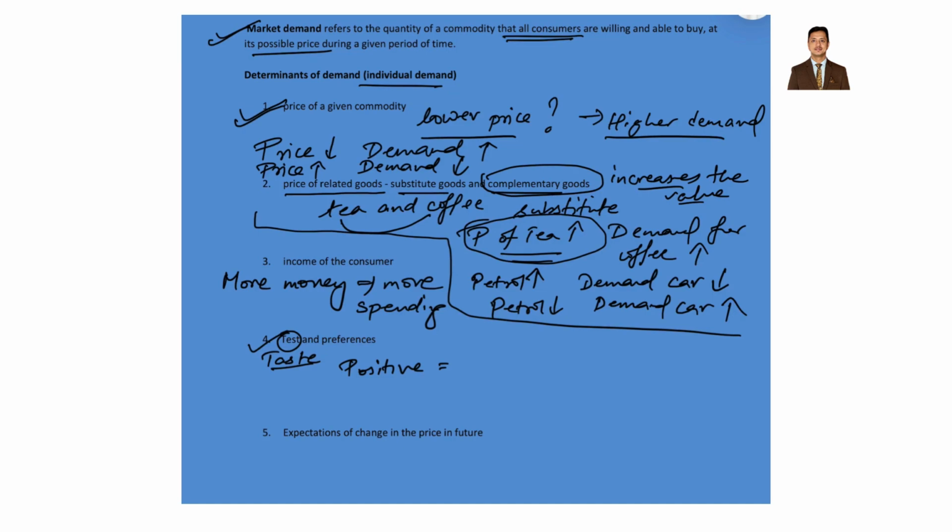For instance, these days the eco-friendly products have seen a rise in demand. Why? Due to growing environmental awareness. So the taste and preferences of the people are changing. People are being more concerned and aware towards the environment. So the eco-friendly products, though they may be higher in the price, may be more in demand. Okay, then there is a negative influence also.